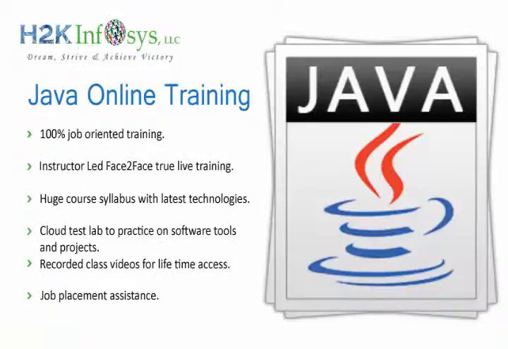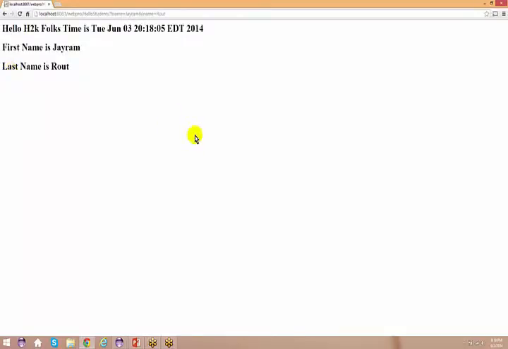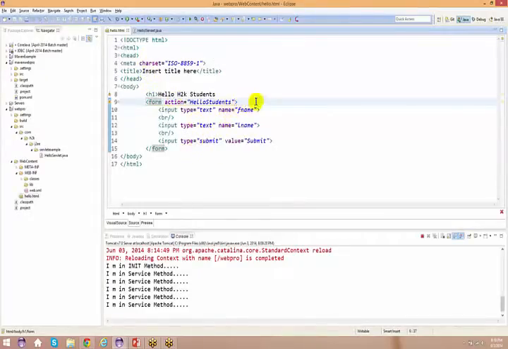Okay. Now when I do not use anything as such here, go back, refresh this page, just say Jairam and Raut and do a submit, right? Now when I do a submit, if you see here on the URL, the first name and the last name equals to Raut, which comes into picture out here in the URL itself. As a result, if you do not use any kind of action, any kind of method name, by default the name of the method is get.